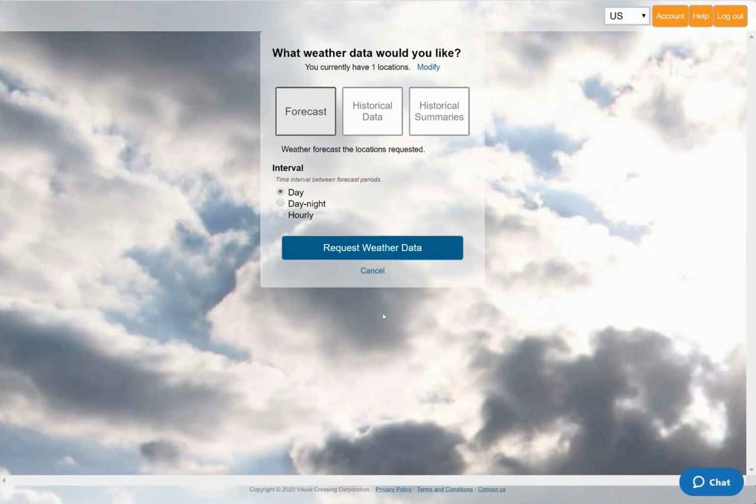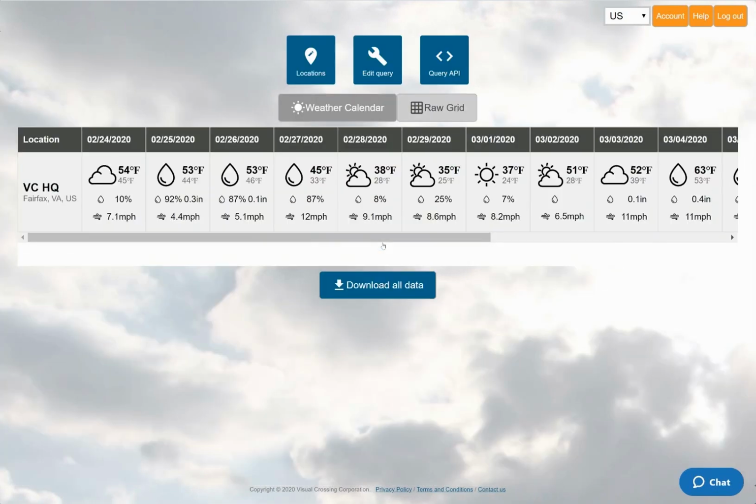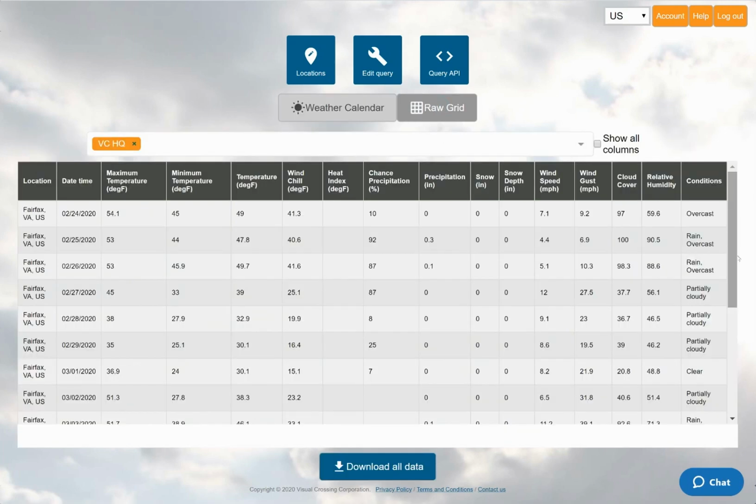The default weather query is a 15-day forecast, so I can keep the default and simply click on the button to run the query. When I run the weather query, I'll be shown the weather calendar view, which is good for an overview. I can also switch to the grid view to see the detail level data. I could now click on the Query API button near the top of the page in order to generate an